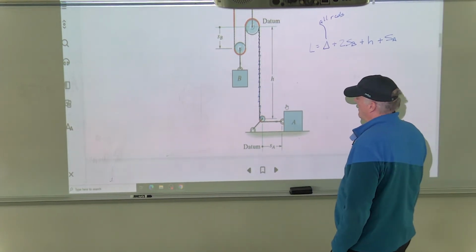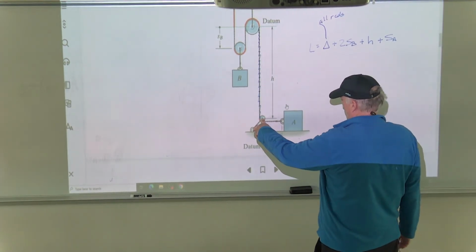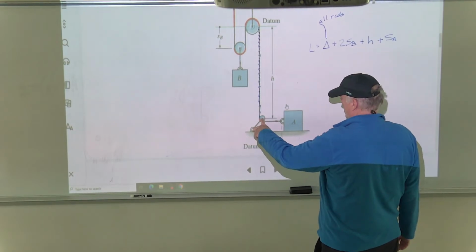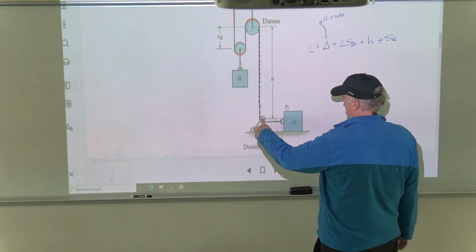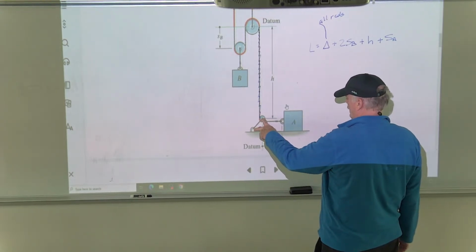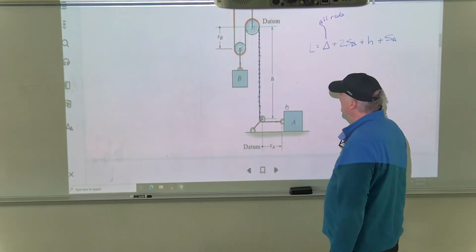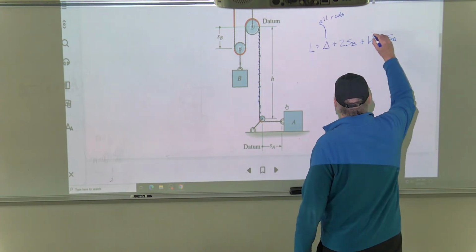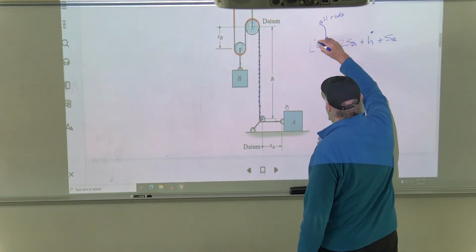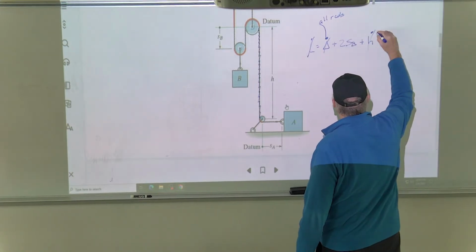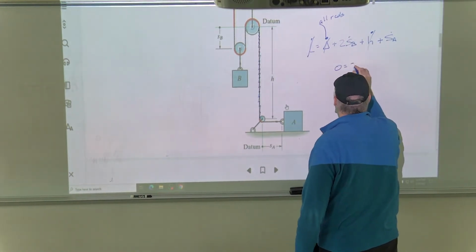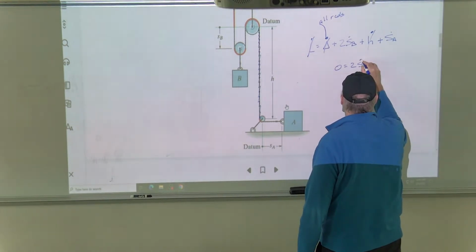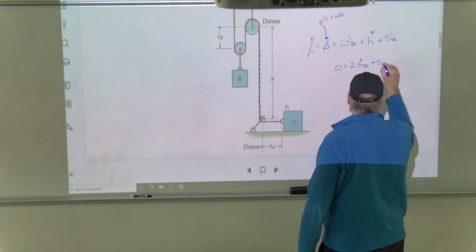Now, there is a chance that, I don't know what he's implying here, whether this rotates, but I think the way he's approaching this doesn't rotate. And so if that's the case, the time derivative of this, and this are all 0. And so what you get is 0 is equal to SB dot plus SA dot.